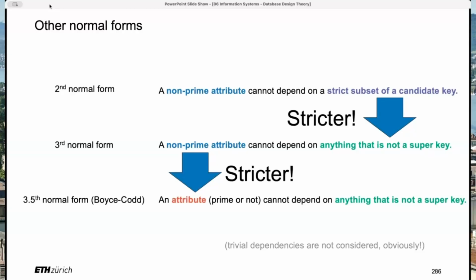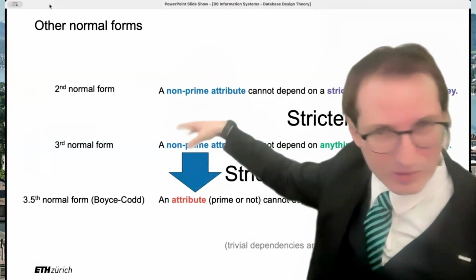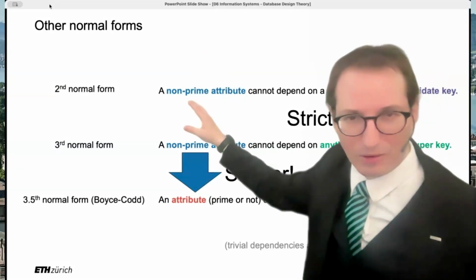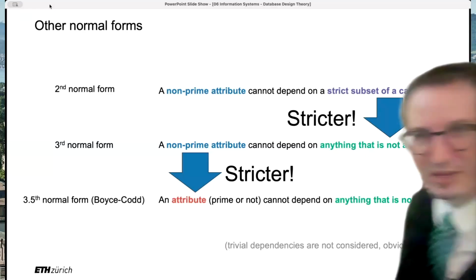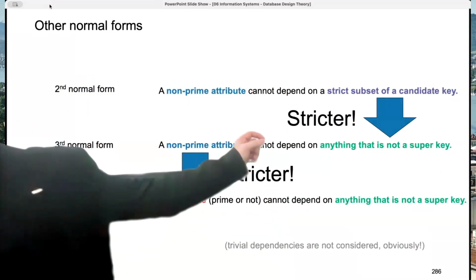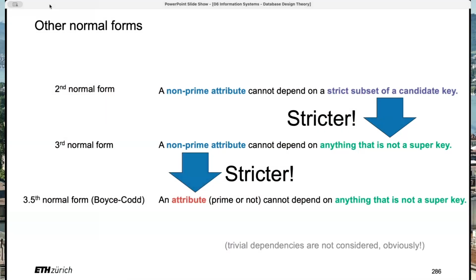You say, okay, it's prime, so I don't care if I have a functional dependency that's not a super key on the left, right? So they're a bit more lenient and only look at non-prime attributes like quantities, prices, that kind of thing on the right-hand side. And then the difference between the second and the third is that the second normal form doesn't forbid anything that's not a super key. It only forbids it when it's a subset of a candidate key. You basically have a candidate key and something depends partly on it,